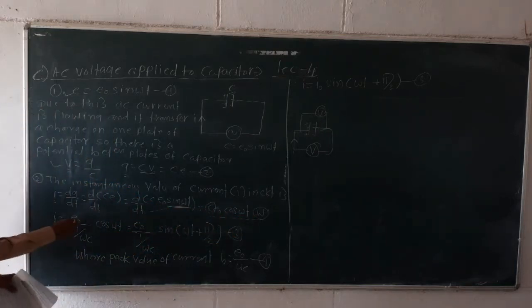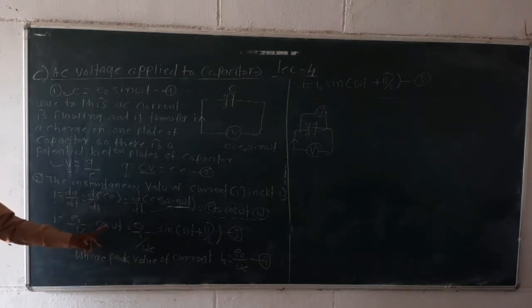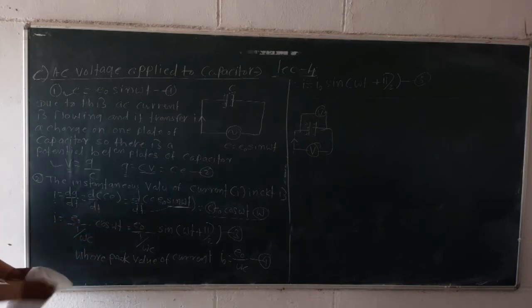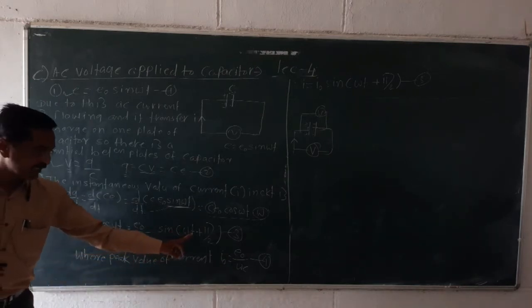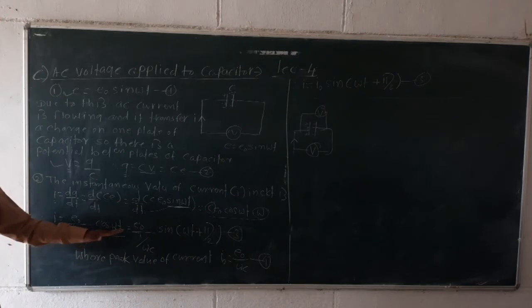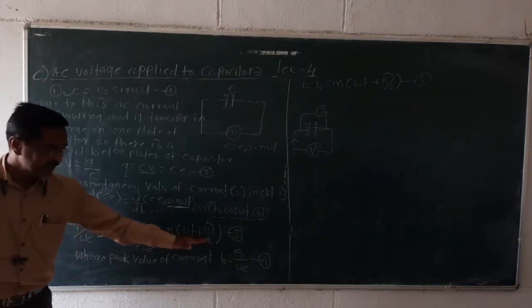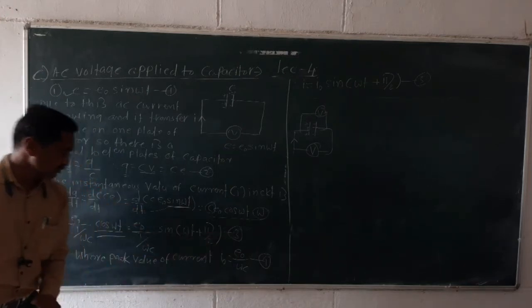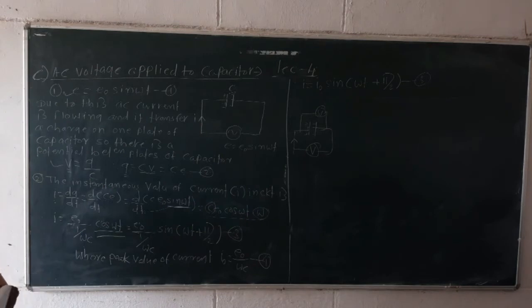फक्त ऍडजस्टमेंट केली, E0 upon 1 upon omega C cos omega t as it is, that is equal to E0 upon 1 upon omega C. And now again, instead of cos omega t, we write sin omega t plus pi by 2, standard formula. यालाच कसं लिहिता येईल आपल्याला, यामध्ये लिहिता येईल. That is the equation number 3. Got up to this?